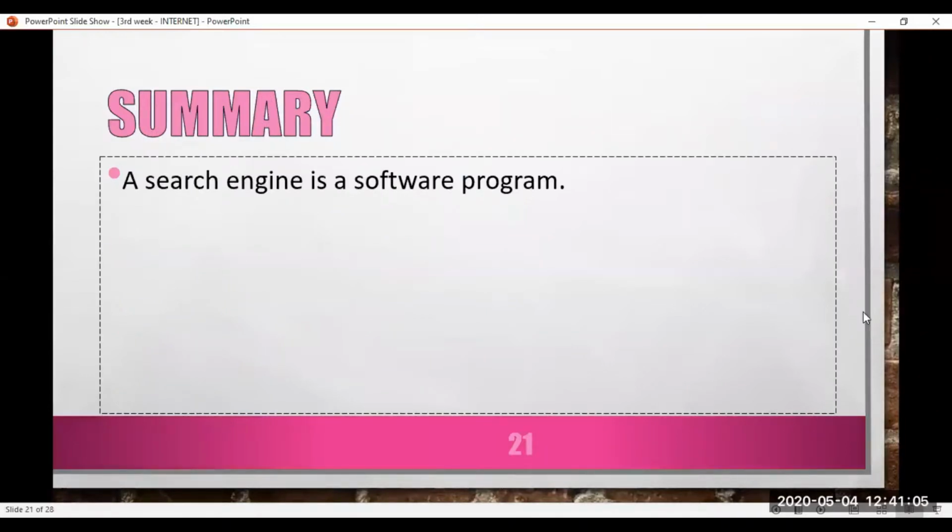A search engine is a software program, we said. It's very important. And it produces a list of web addresses. If you want to find the true one, for example, you searched NTIC 2-3 days ago. If I search NTIC with a different search engine, there is also a different NTIC website, but it is not the school. This is an adult company, okay? A different NTIC company, ending with www.ntic.com, but it's not true. When you see that, you should not click there if you don't need to, okay?